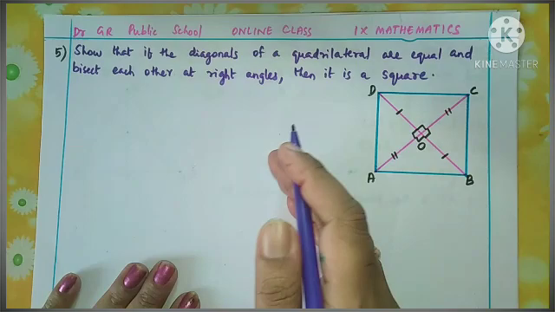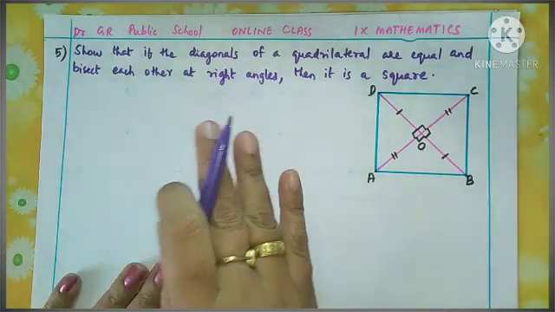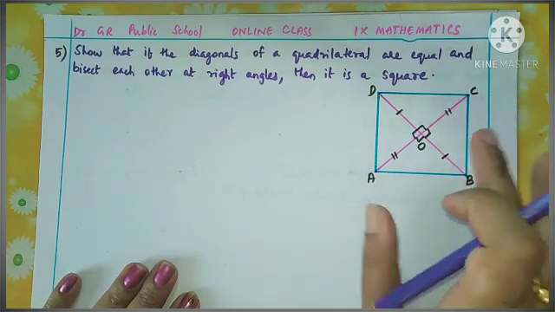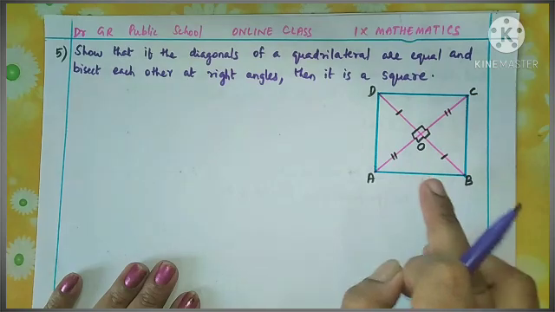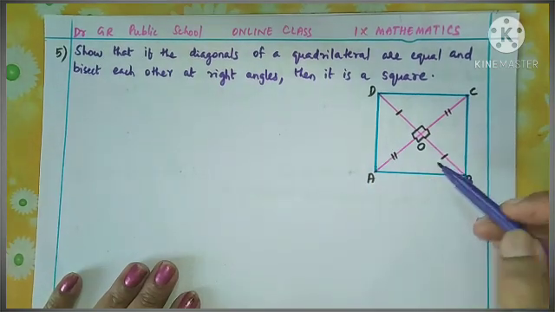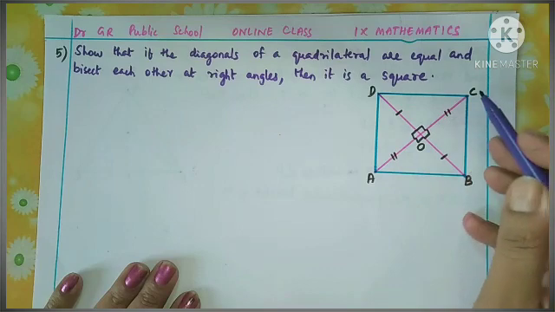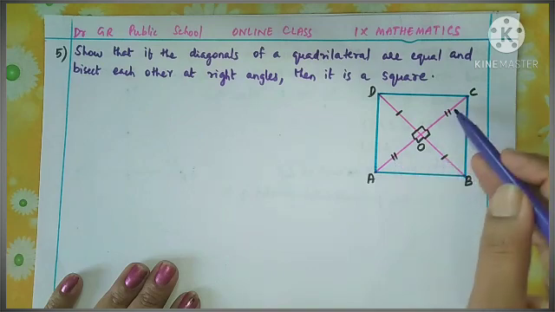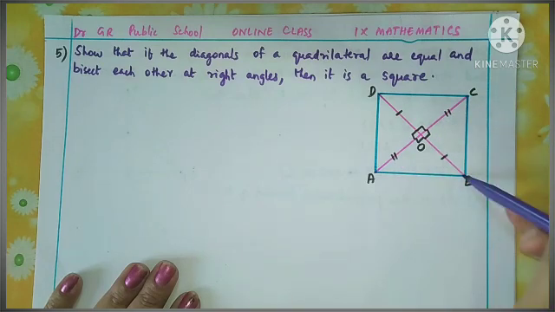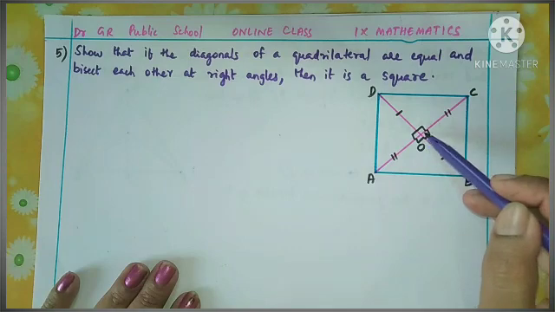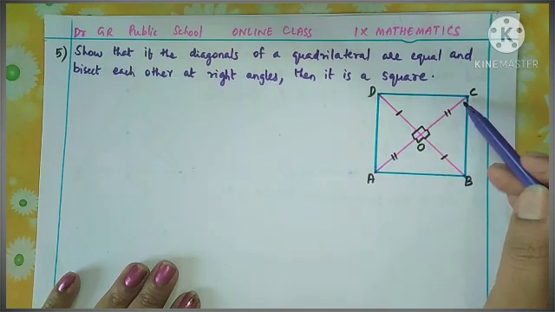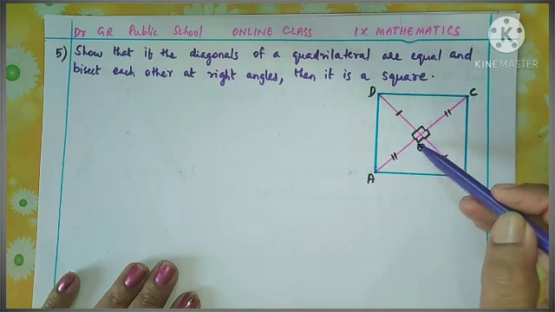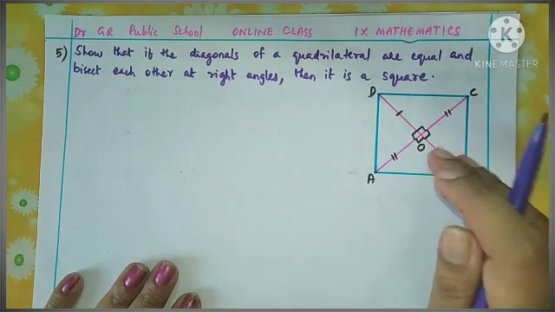So here we want to prove the converse part of the previous question, given that in a quadrilateral, okay, it is not given that it is a square, it is told ABCD is a quadrilateral, and for this quadrilateral, what are the things available? The diagonals are equal, that is AC and BD are of equal length, and they bisect each other. Bisect each other means OB is equal to OD, OA is equal to OC, and what is given? They cut at right angles. So each angle formed between the diagonals is equal to 90 degrees. So these are the given conditions.